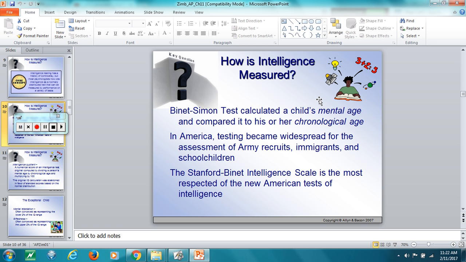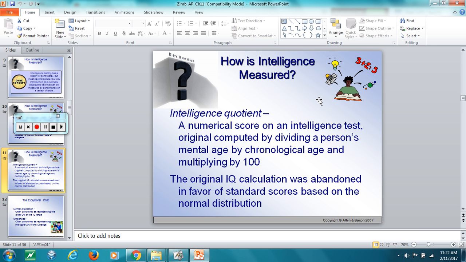This would actually look like a norm curve or a bell curve, and 100 would be kind of right in the middle of all the scores. This became a very, very popular tool as far as how we're going to assess students and really all people in general. So you can kind of see here a little bit of the formula itself and how it's calculated. We have kind of used this as the gold standard.